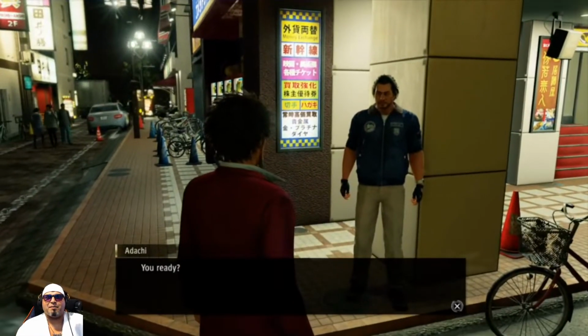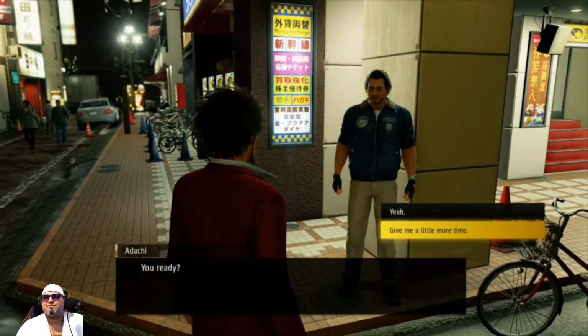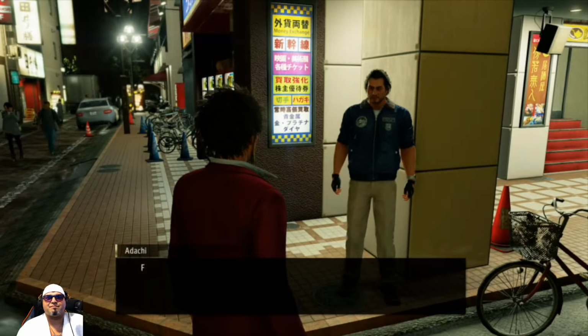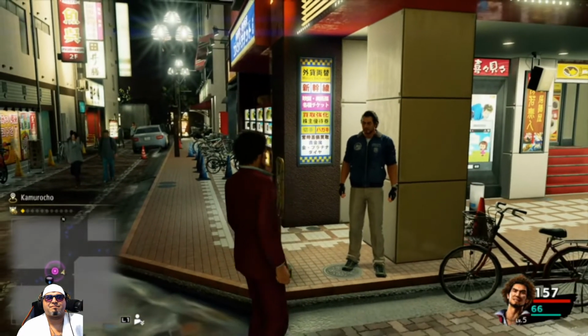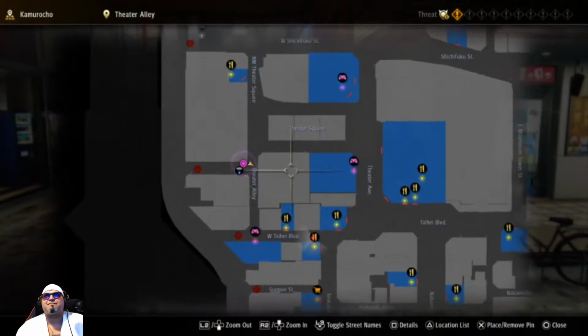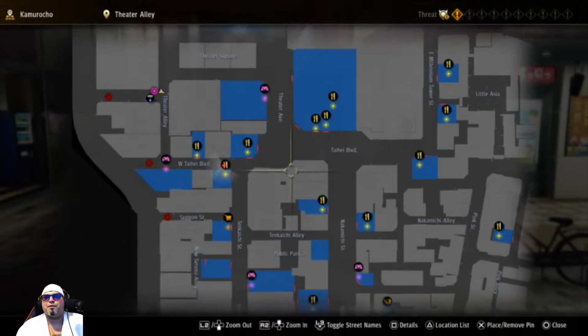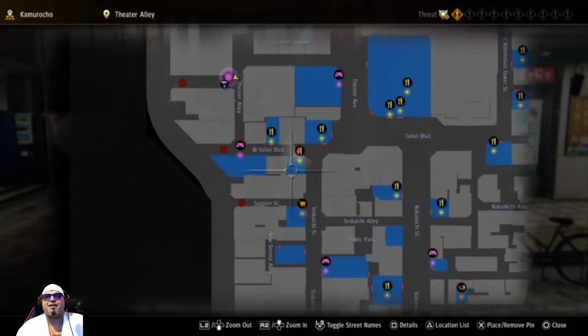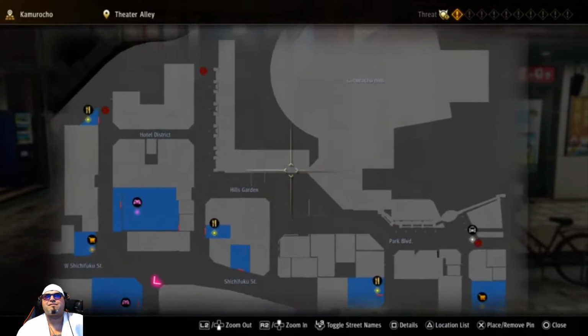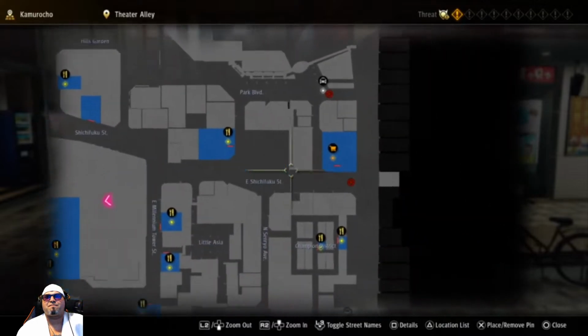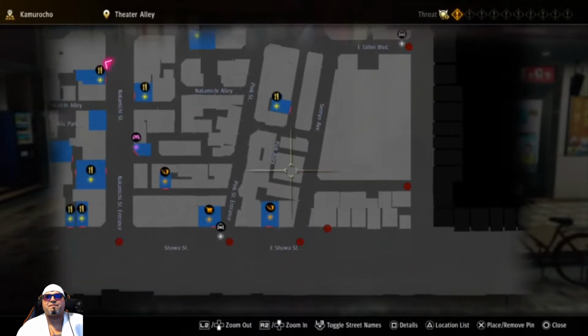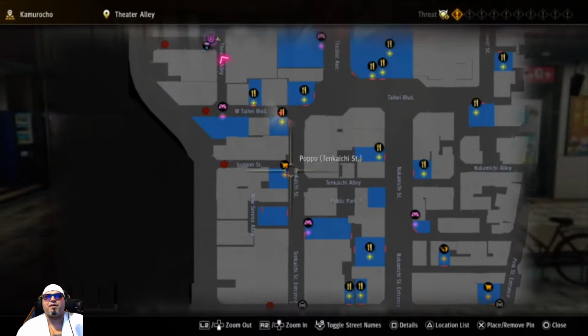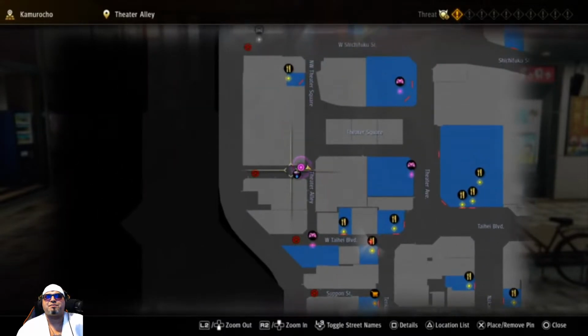Somewhere along the lines I missed what I was supposed to do. Okay, so anything on the screen that looks like I should be going to? I mean, what else would I have to do?